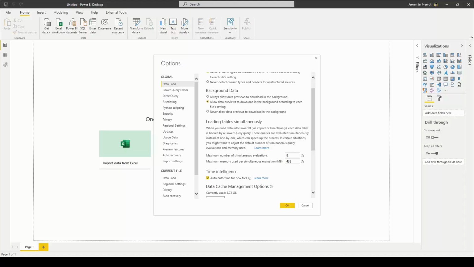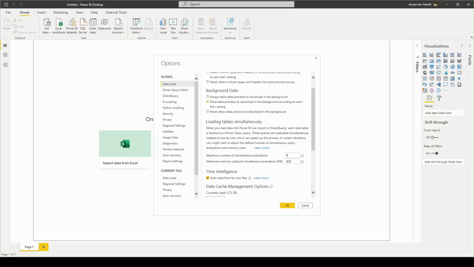However, in specific situations you might want to influence the behavior and change the defaults. For example, when a data import is taking too long, or if Power BI Desktop is taking too much resources to your liking. Until now, you could only influence these settings by making changes to the registry. But starting this month, we've added these two configuration options to Power BI Desktop, which you can find by going